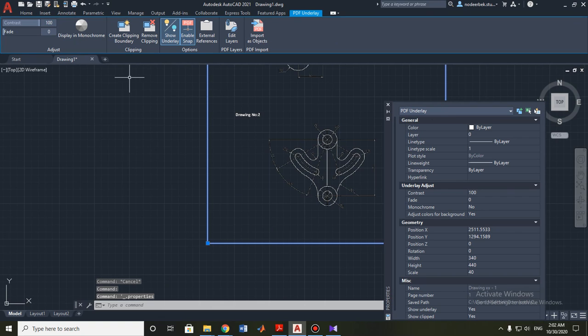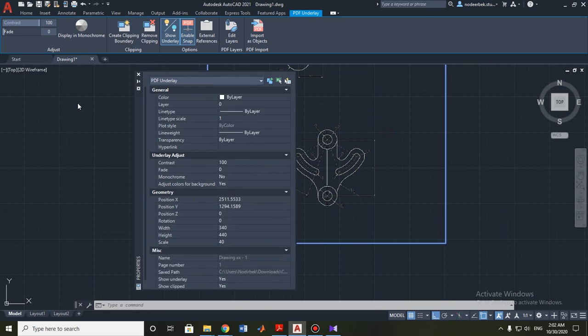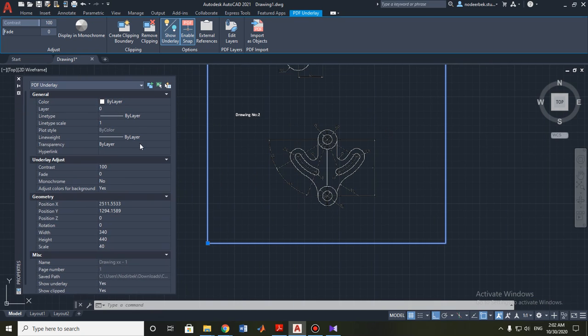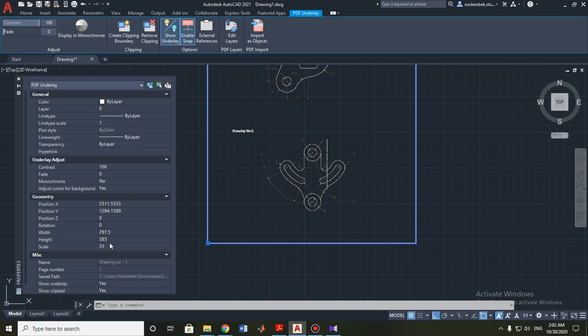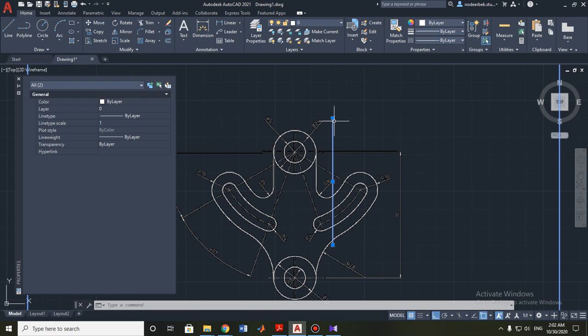As you can see, these are the properties of this PDF underlay. I want to put it to the left side, so I need to change the scale of this file, maybe 35. Done. Let's check it again